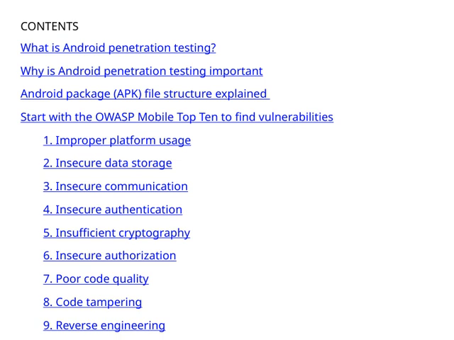After that, we'll get into a practical approach, starting with the OWASP Mobile Top 10. This list highlights the most common and critical security risks in mobile apps. For example, improper platform usage can lead to serious security flaws, while insecure data storage and communication can expose sensitive information. Other key issues include insecure authentication, insufficient cryptography, and insecure authorization, all of which can be exploited if not